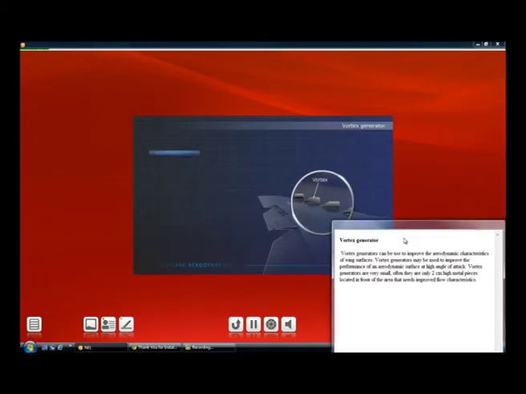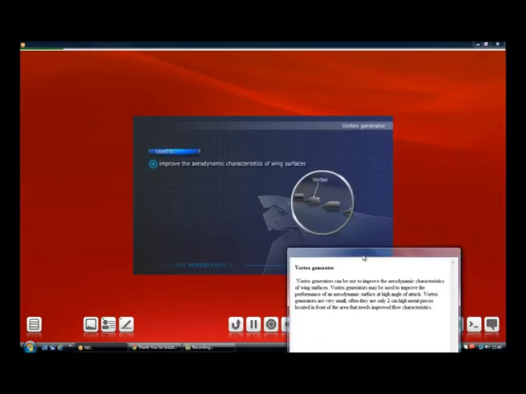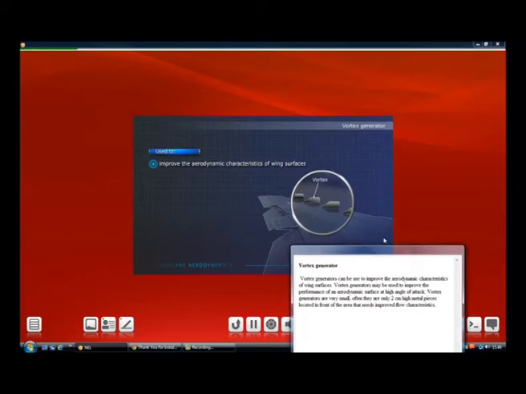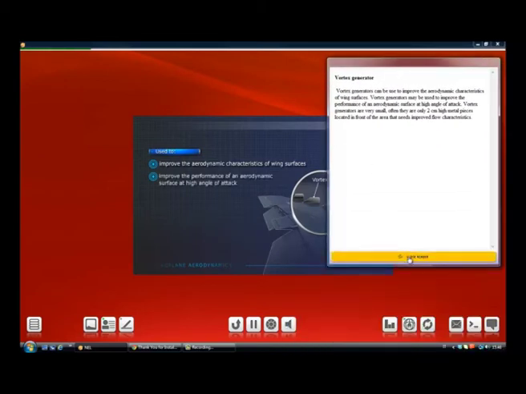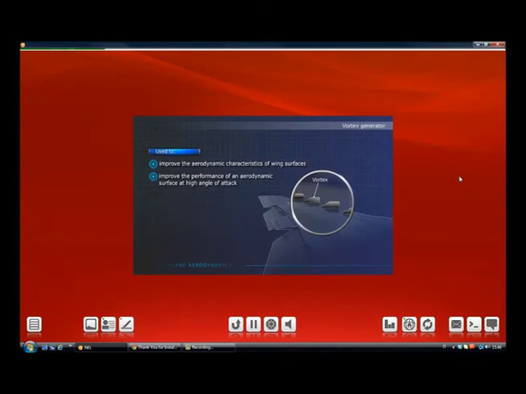Vortex generators can be used to improve the aerodynamic characteristics of wing surfaces, and to improve the performance of an aerodynamic surface at high angle of attack. Vortex generators are very small, often only 2 centimeters high metal